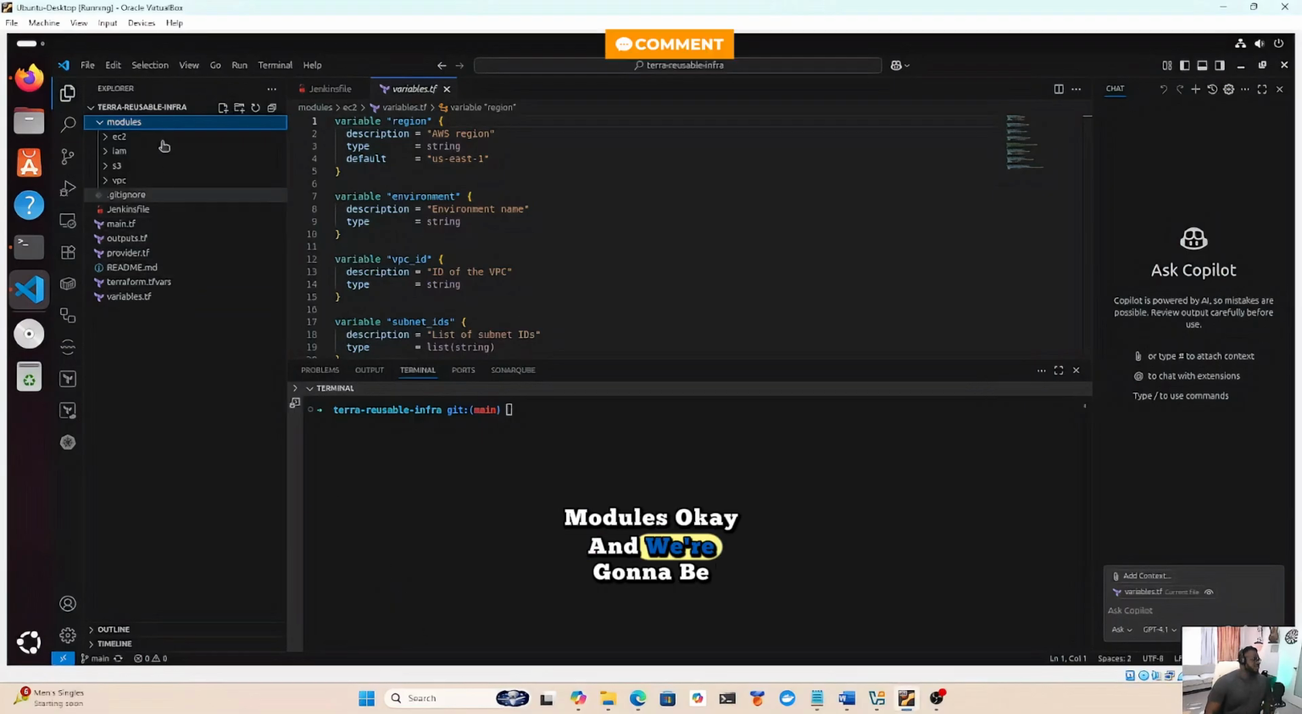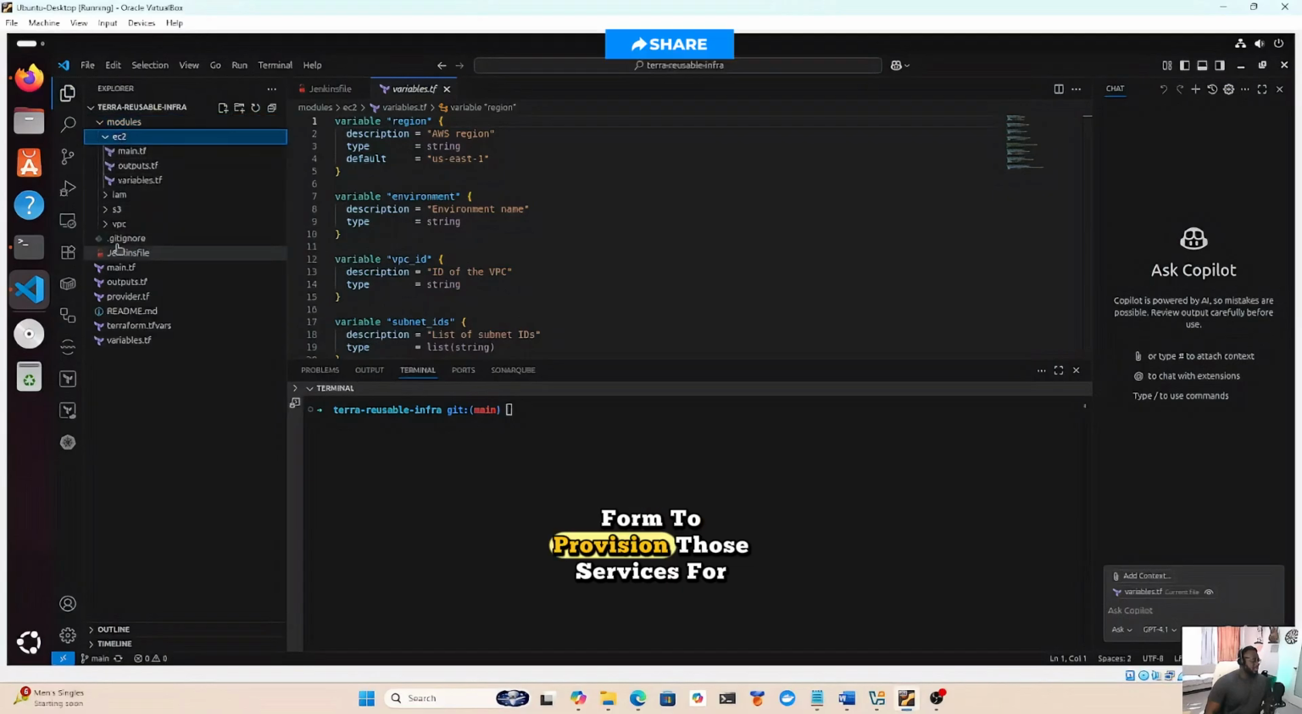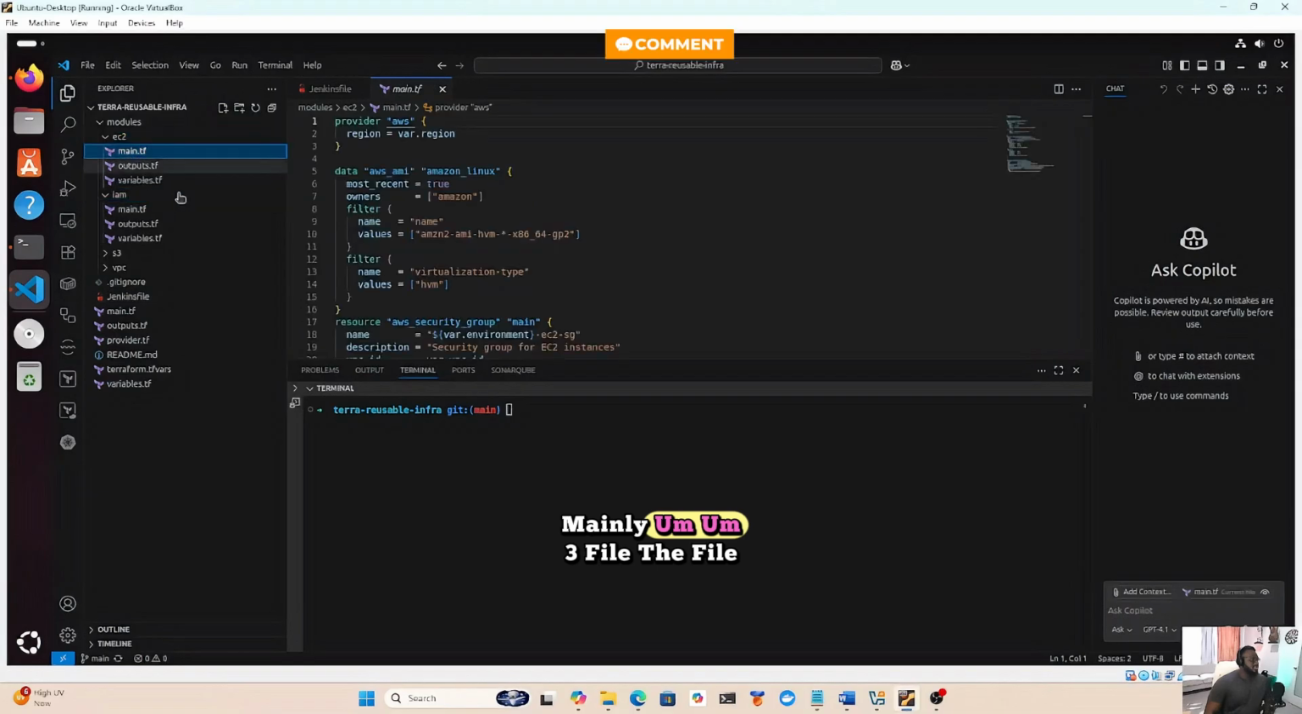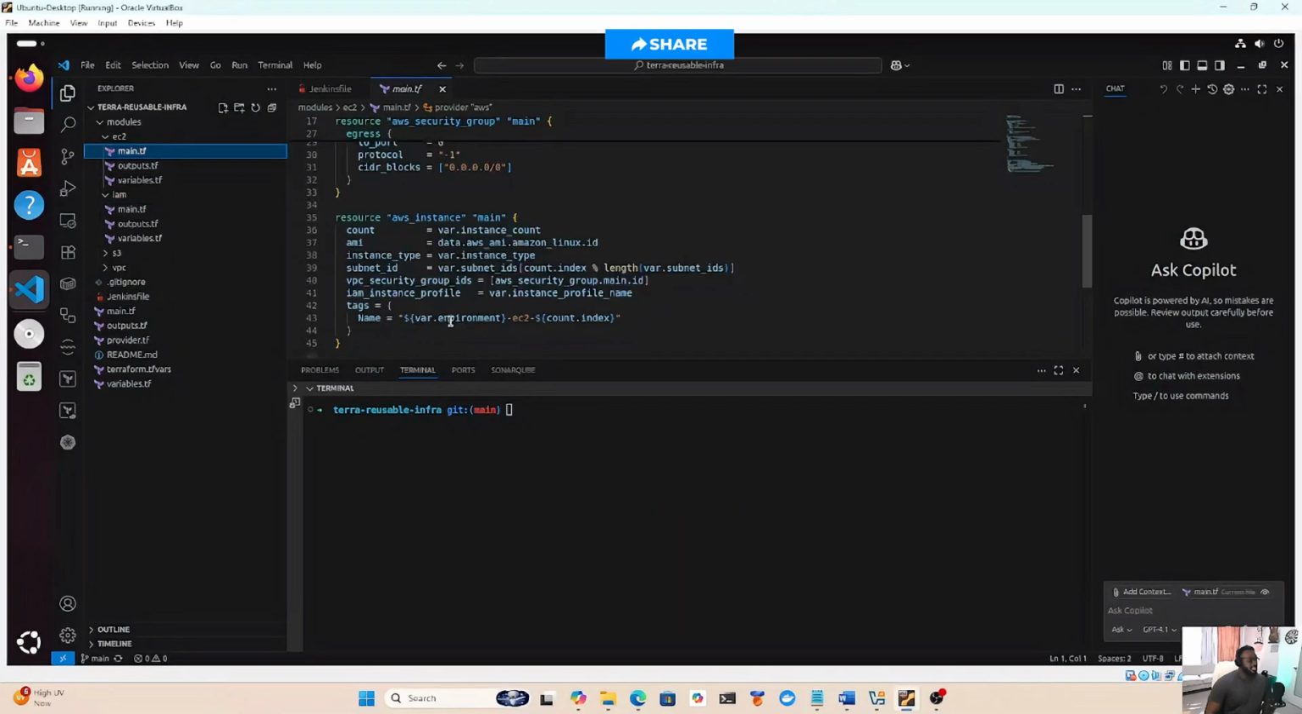So we have the first service, EC2. On EC2 you have mainly three files: you have the main.tf file, you have the output, and you have the variables. Those are the main files that you have in each service here. Just to show you real quick, before I show you what's inside the files,